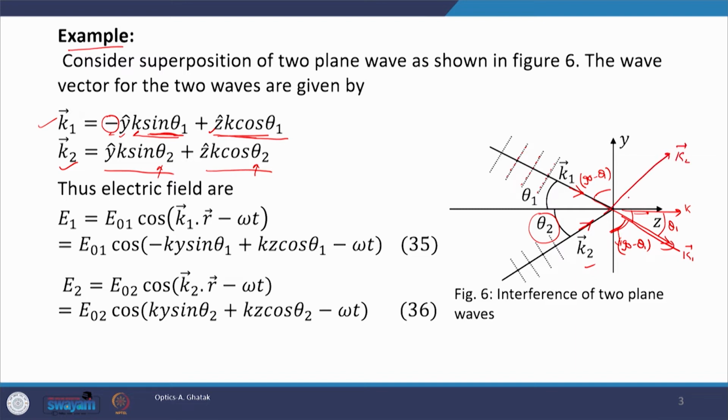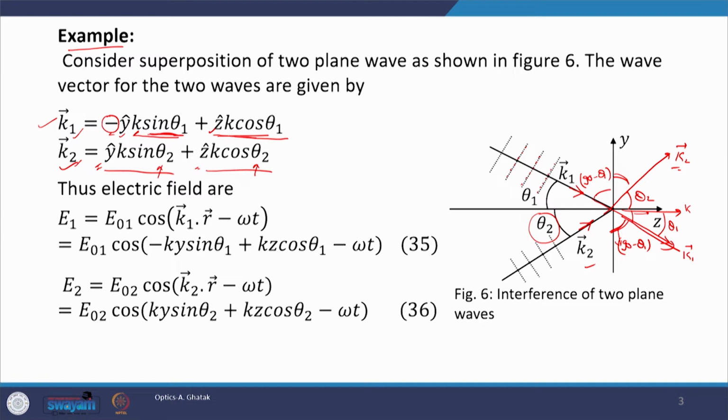Since k2 is in this direction, this is your theta 2, this is your 90 minus theta 2, and for k2 in its component form, both the components are aligned along y and along z, which are in positive y and z direction, and therefore, we do not have minus sign before y cap or before z cap. Now, once we have the expression for wave vector k1 and wave vector k2,